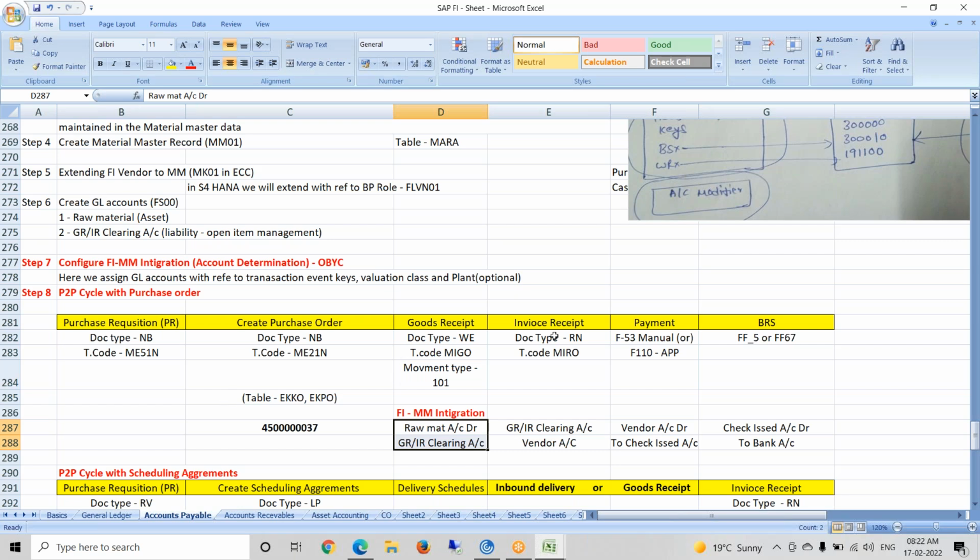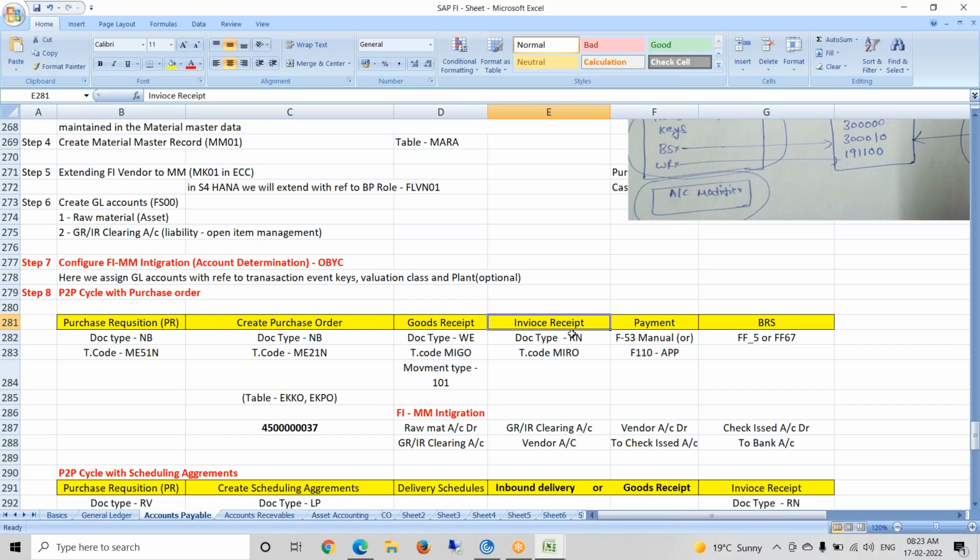Based on the number of items we receive, an invoice will be sent by the vendor over a period of time, like within 1 month or within 10 days. After receiving the invoice into our premises, how they send invoices depends on the business and will change. In my previous business, these invoice copies were scanned and sent in PDF format. That PDF will be received by the SAP system and the invoice will be posted automatically.